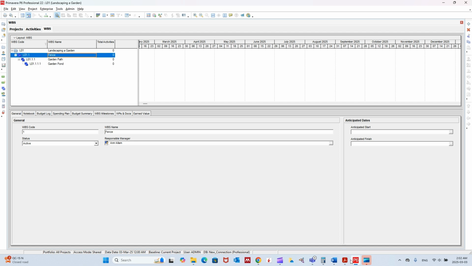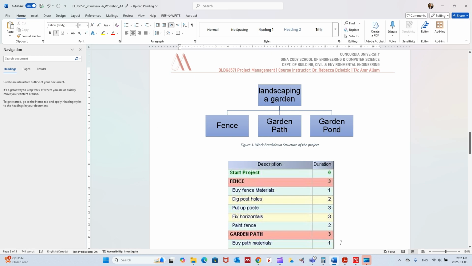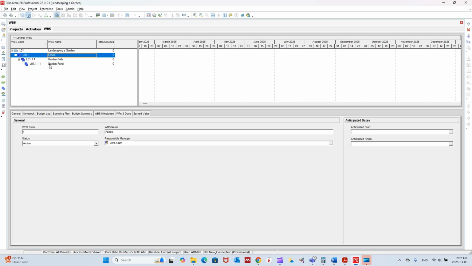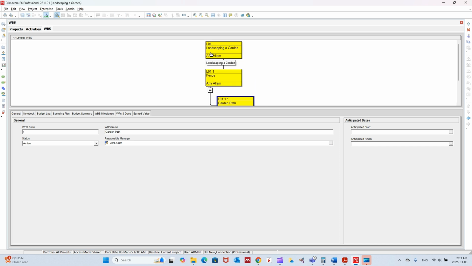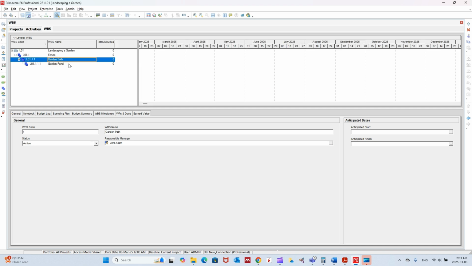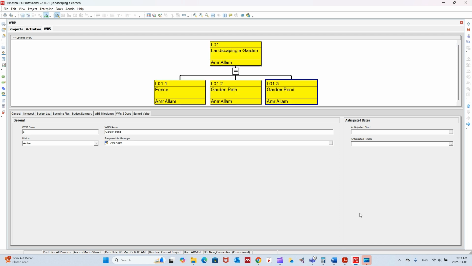But now, if you see, they are all at the same level. But when you look here, this one is the child of that one, and this one is the child of that one. So that's not the right way to do it. And if you look at the chart view, here we go. That's the landscaping, a garden, fence, garden path, garden pond. So we don't want to see that. So to fix this, you see these arrows, you can fix them through that. So when you click here, I want the garden path to be at the same level as fence. And then I want the garden pond to be at the same level as the other three. And when you click in the chart view, here we go. This is what we have